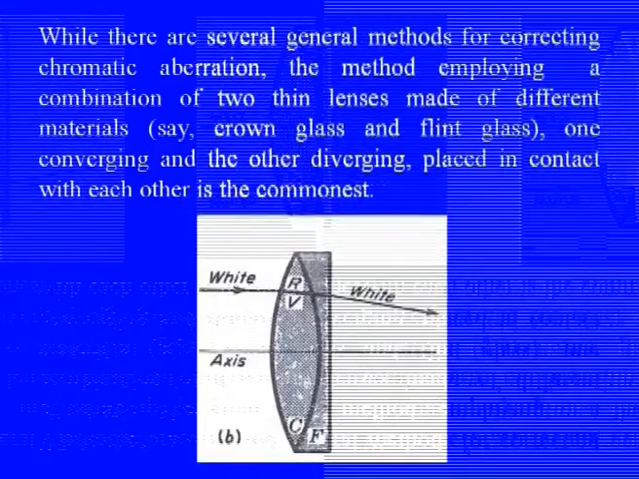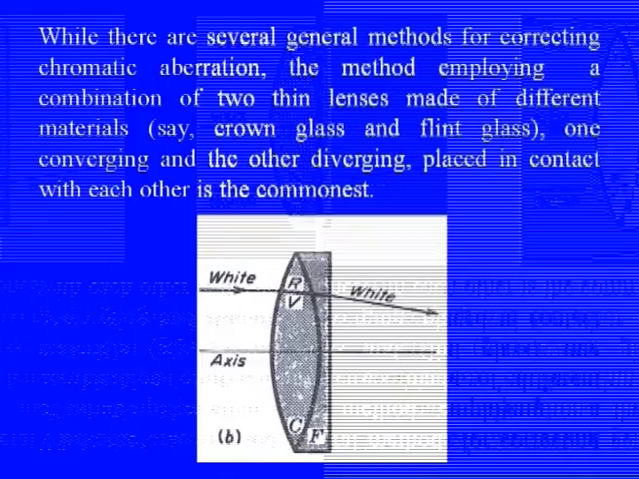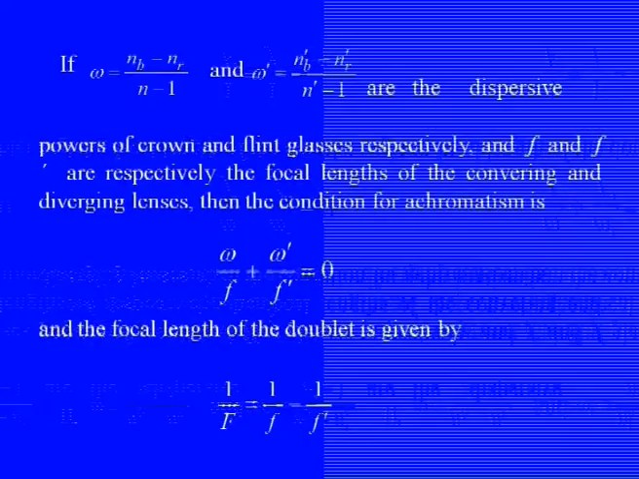While there are several general methods for correcting chromatic aberration, the method employing a combination of two thin lenses made of different materials, say crown glass and flint glass, one converging lens, the other diverging lens, and placed in contact with each other, is the commonest, a convex lens and a concave lens. In this combination, (n_b minus n_r) upon (n minus 1), omega, for the material of one lens, and similarly omega prime, the corresponding quantity for the material of the other lens, these quantities are called dispersive